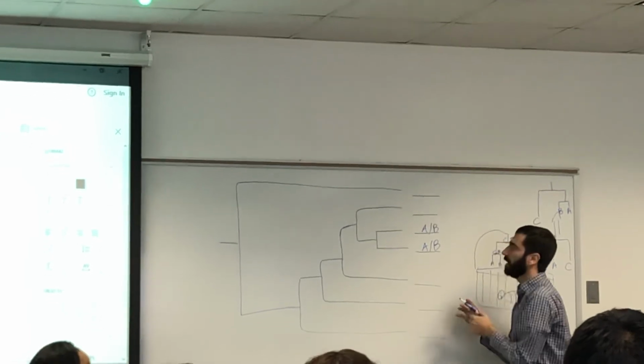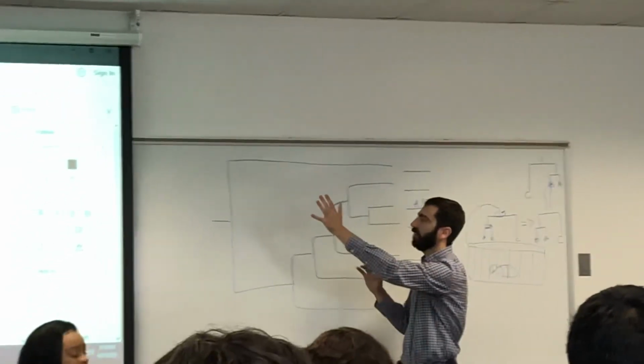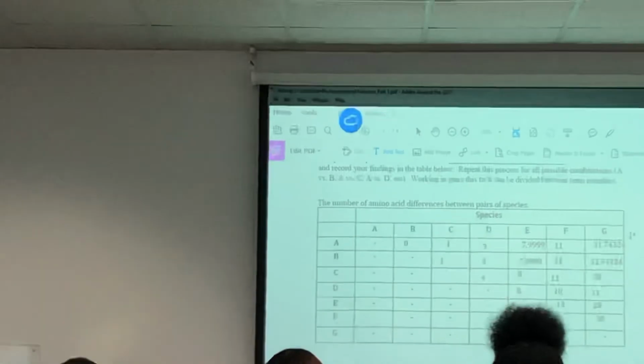Okay. So, what's the other general finding we can find from this table? So we saw which species are the most close